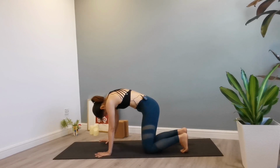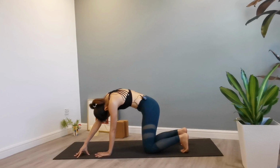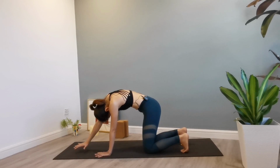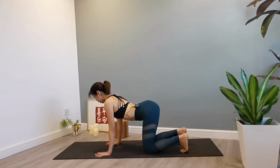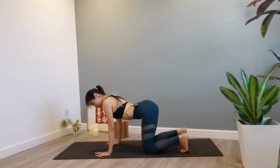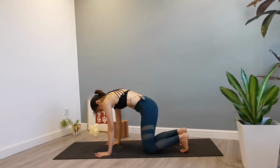Move your right hand diagonally to the left side with the cupped hand. Press into the cupped hand and feel the pulling of your right lower back across the body all the way to the left side. And then remove your right hand, come back underneath the shoulder, inhale. Going to extend the spine to cow. Then exhale, come into cat again, press into the hand, pull the navel in, press the toes,